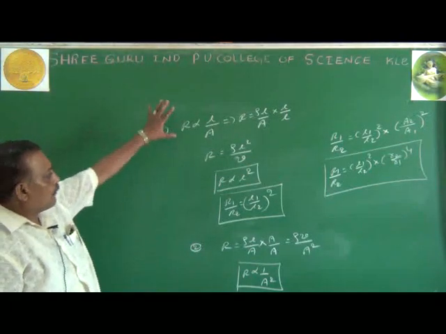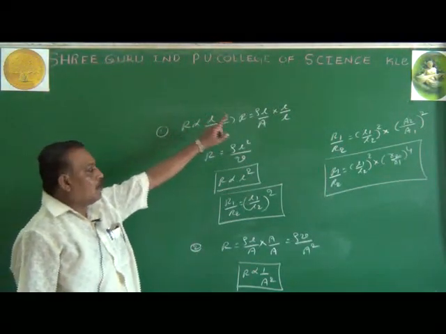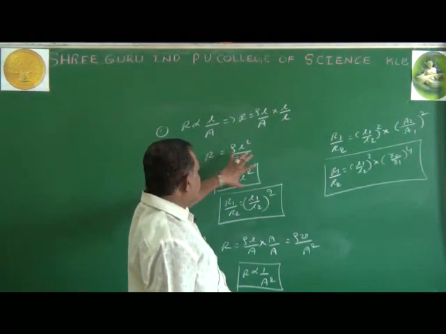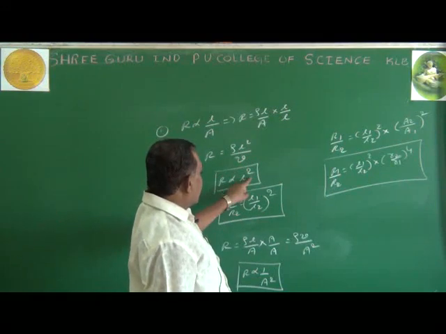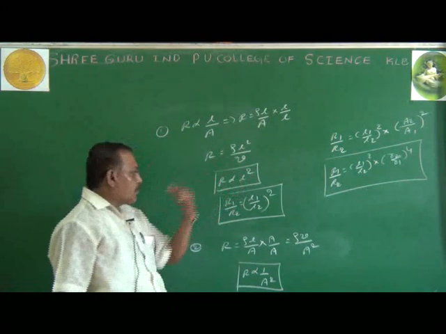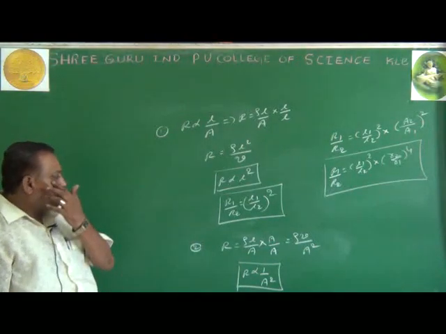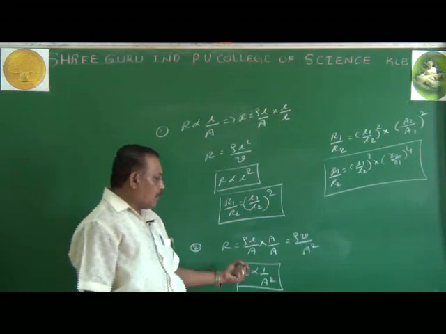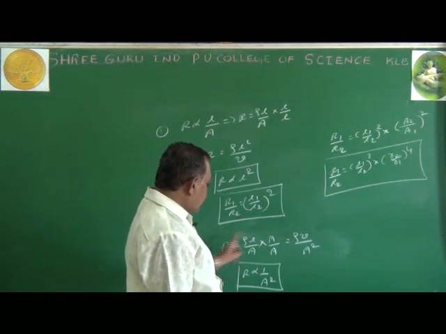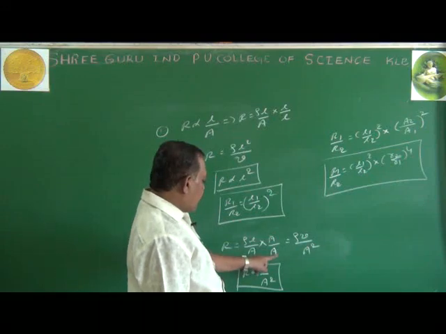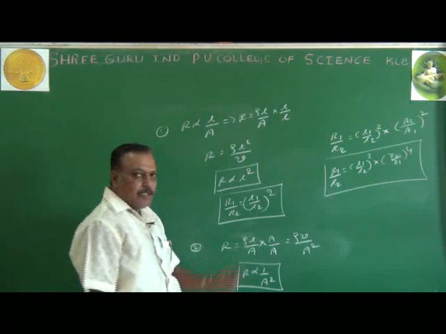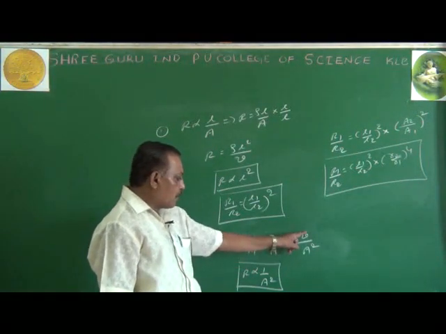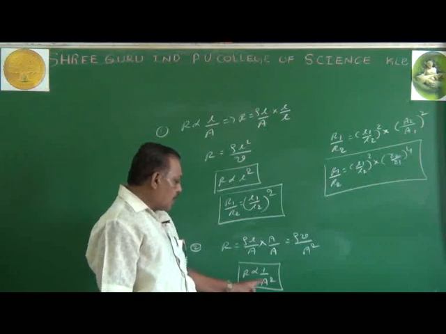Now, after stretching, the volume of the wire remains the same. I write the relation between resistance and length after stretching: R is directly proportional to L square. For the two wires, R1 by R2 equals L1 by L2 whole square. In terms of area, I want to keep the volume constant, so I multiply and divide by A in the equation. L into A is the volume, and rho is constant, so R is inversely proportional to A square.